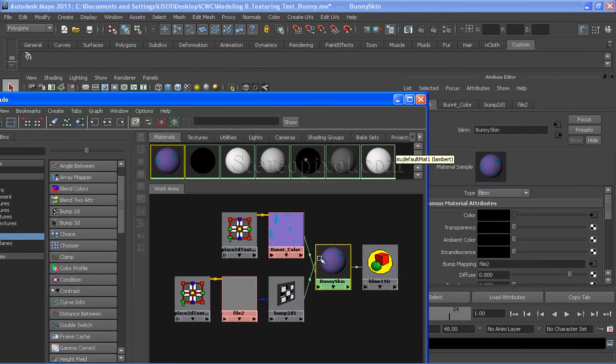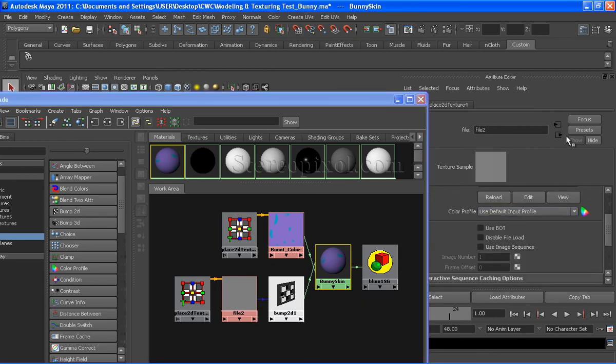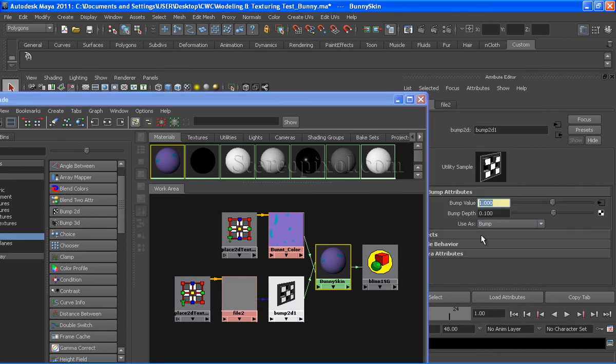So as I can see, if I select the shader and go to its attribute, under color I have connected the color texture, and under bump I have connected the bump node. And if you go to the bump attribute, I have put the bump depth 0.1,